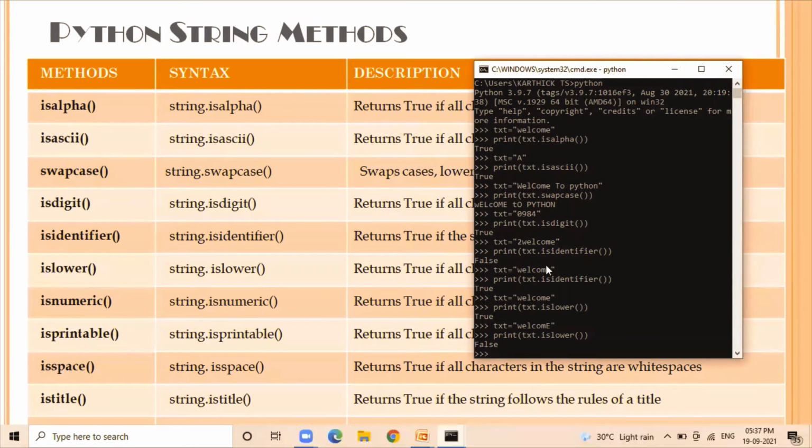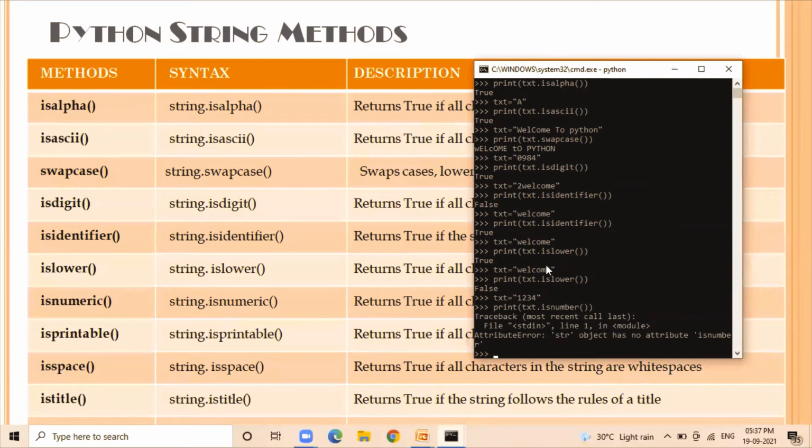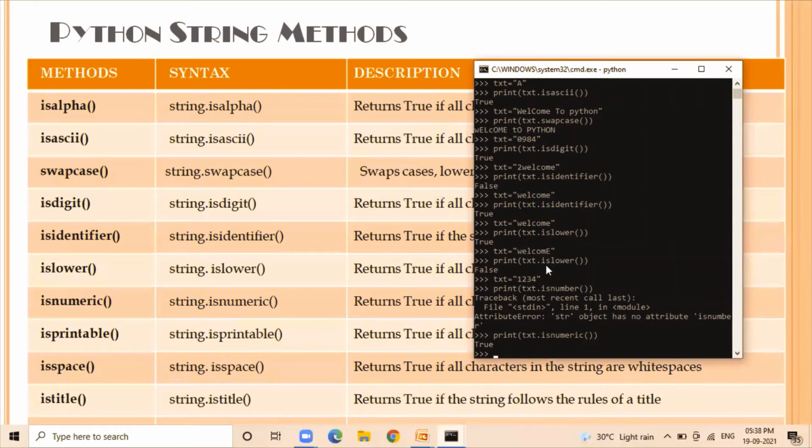In case, let us create a text, for example, having numbers in a text, and you can use the print function and you can check with isnumeric. And in case the string contains the numbers, it shows the true value as a result.